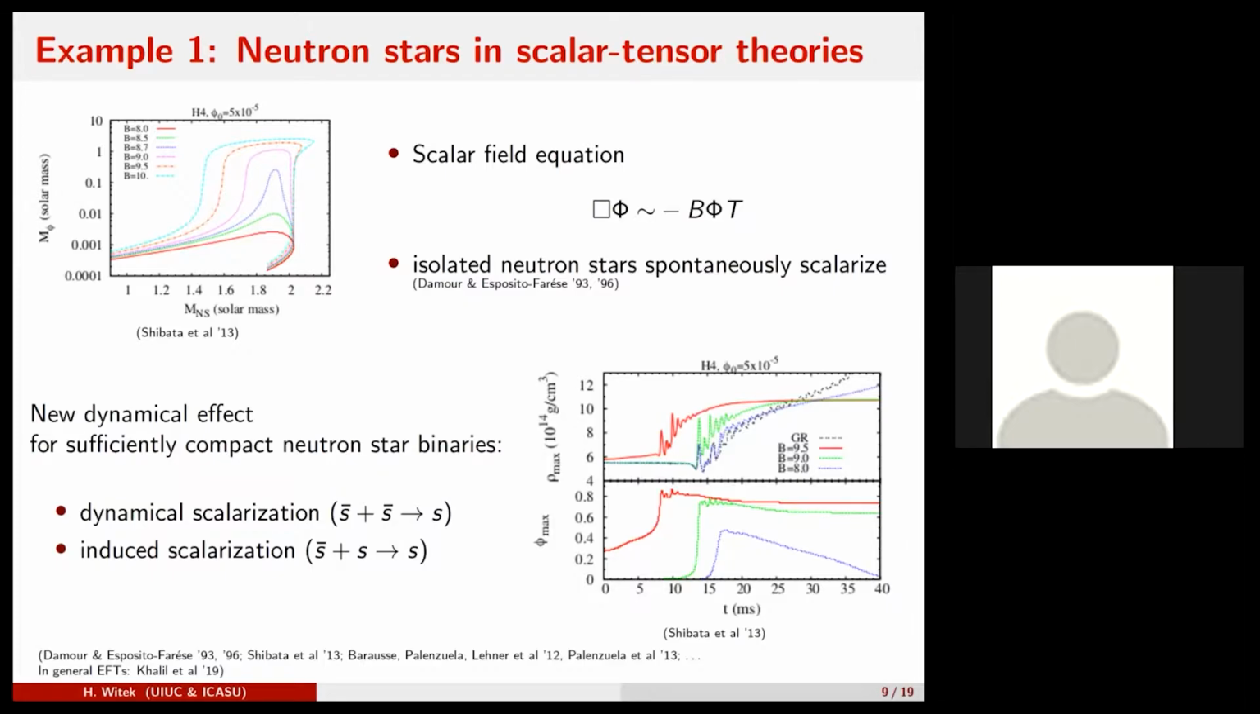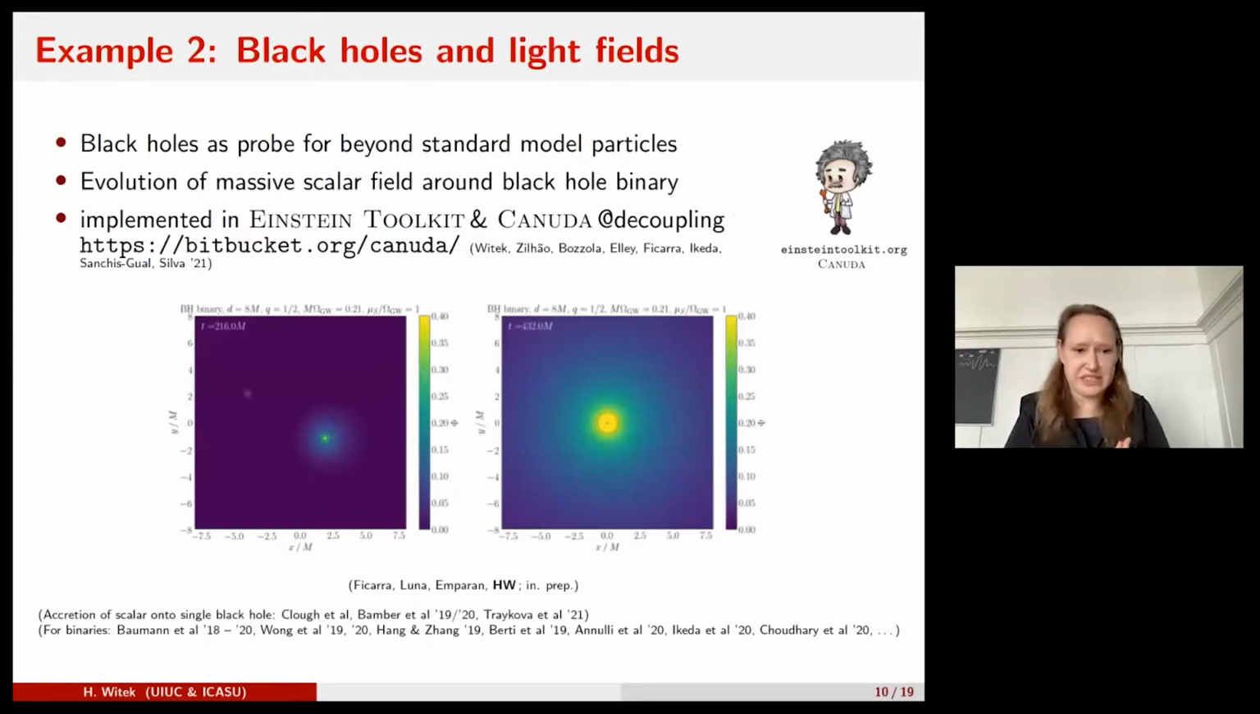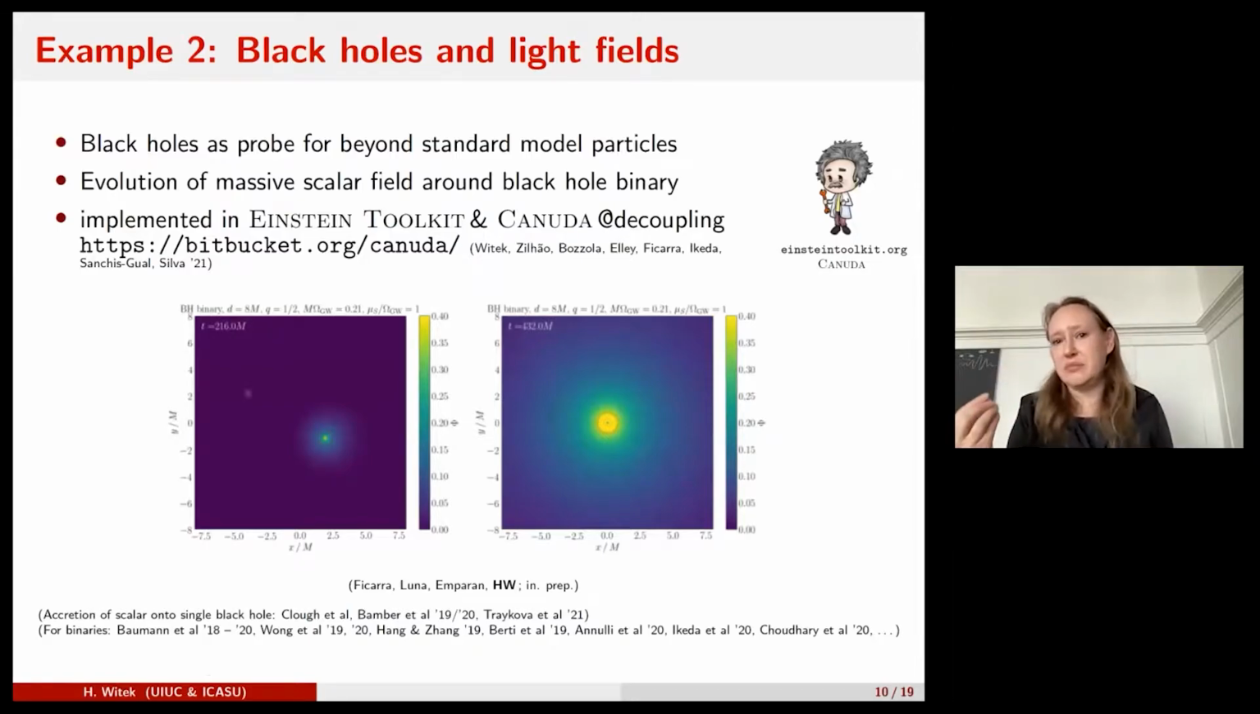Okay, so let's switch over to the next example. Here I'm looking at, oh, I should have written down the equation. Here I'm looking at black holes coupled to a massive scalar field. This is not really scalar tensor theories. Here I'm thinking about ultralight fields that appear in beyond standard model particle physics, and some of these are candidates for dark matter. More broadly, they are ultralight fields predicted in, for example, string axiverse scenarios. The exciting thing is that we can use black holes to probe for these extra particles,